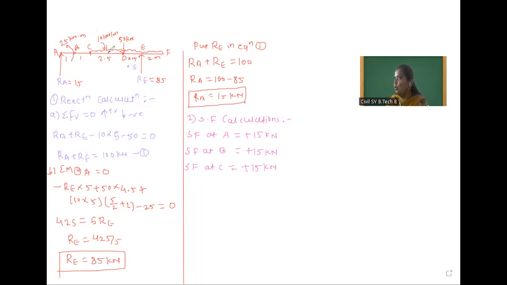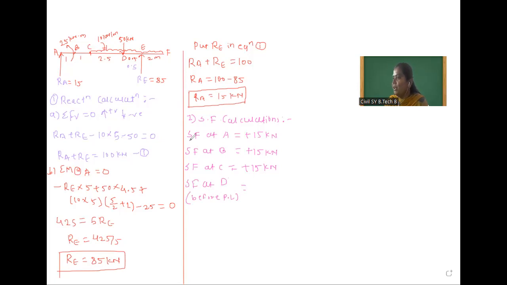In between C to D, one UDL is there. And at D, one point load. So first we will calculate without considering point load, and after that we will calculate considering point load. So shear force at D but before point load, that means without considering point load, which is equal to